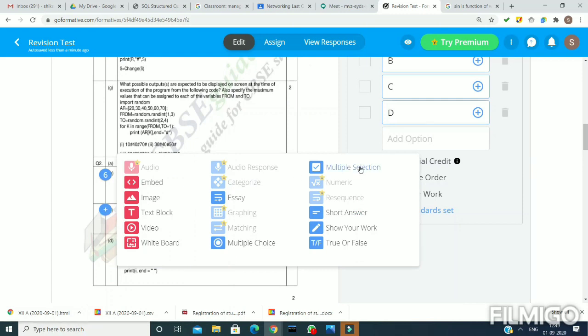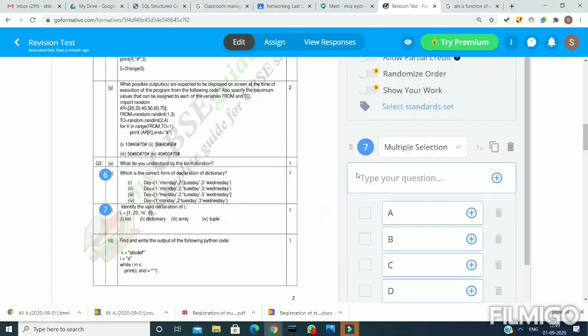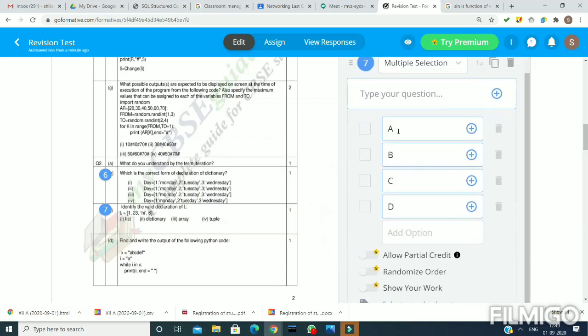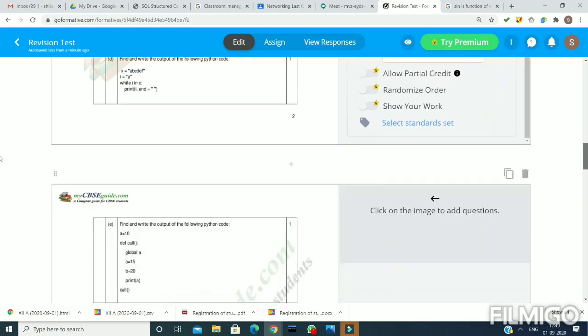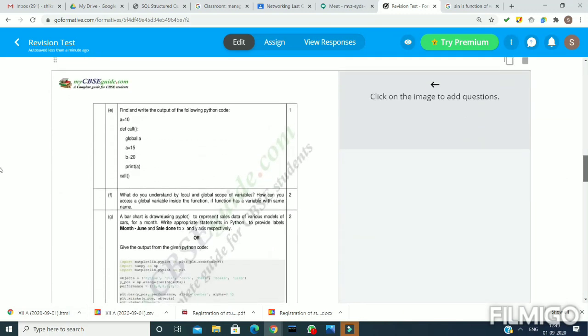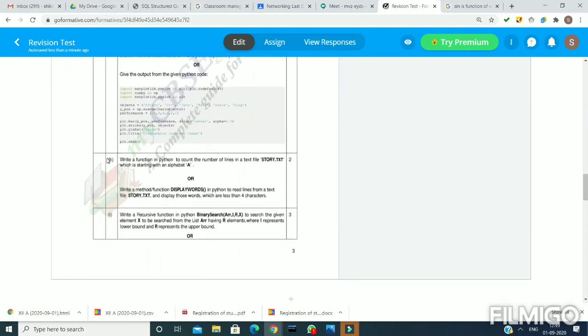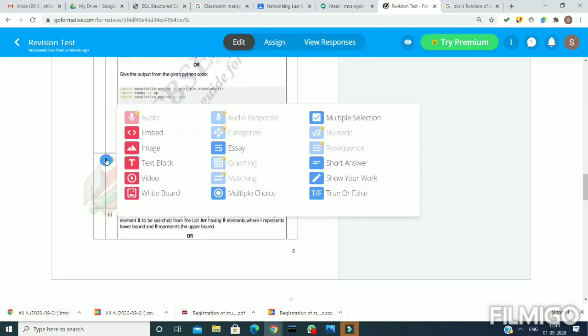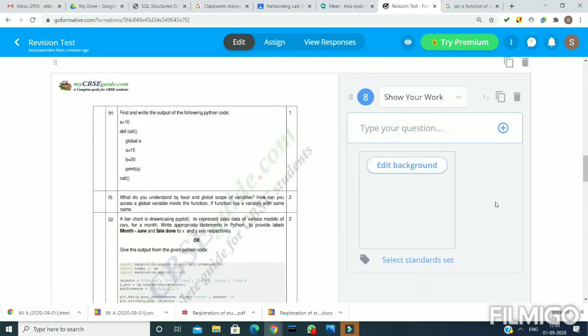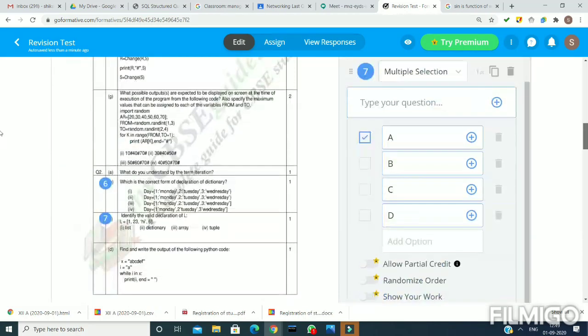Again multiple choice, and here I have marked this as the correct answer. In this way you can prepare a question. Suppose this question requires the answer to be written by the student. I'm taking it as show your work again, and here the student can show me the work. So in this way I have prepared this.